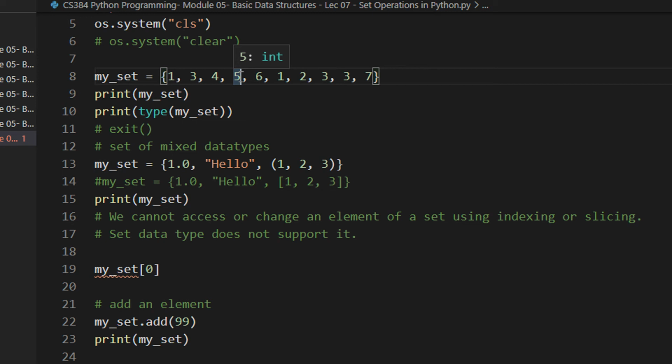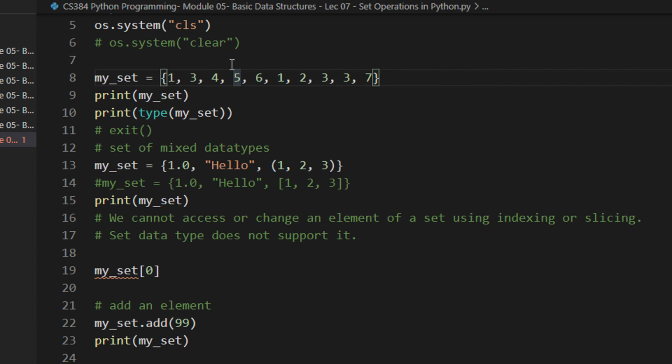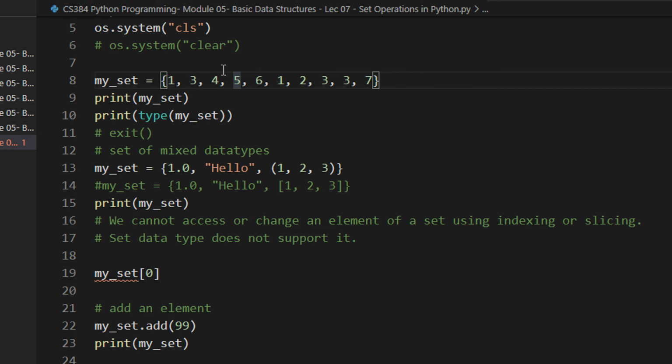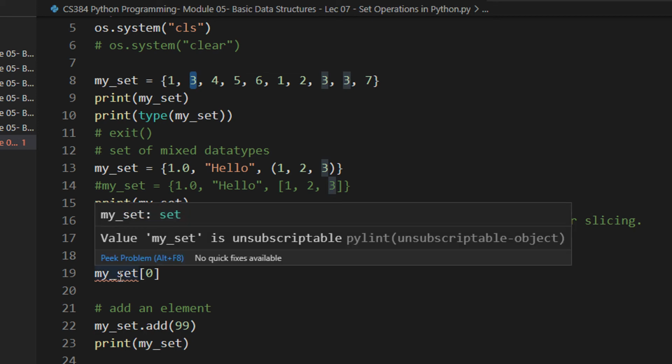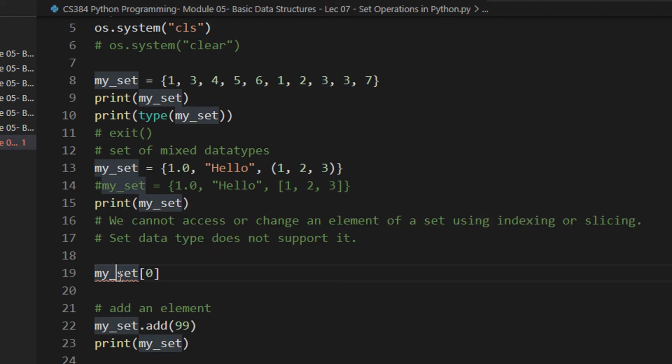First, the Python interpreter stores the set objects in its own hashable form. Second, sets do not allow duplicate elements, right? So for example, when I have a 3 here, a 3 here, and a 3 here, internally Python is storing only one copy in the entire set. So you cannot index it: which 3 would it be, the one here or this or this? See, the moment I uncomment this, I am getting an error: my set is unsubscriptable. You cannot subscript or index the set data type.